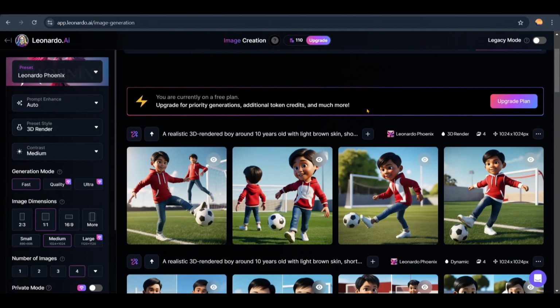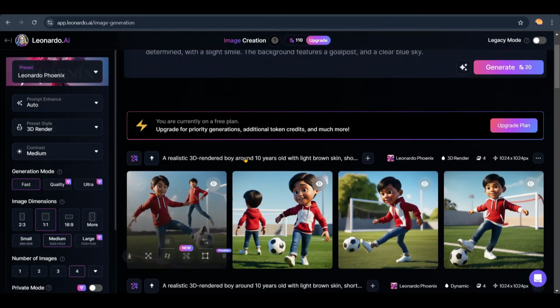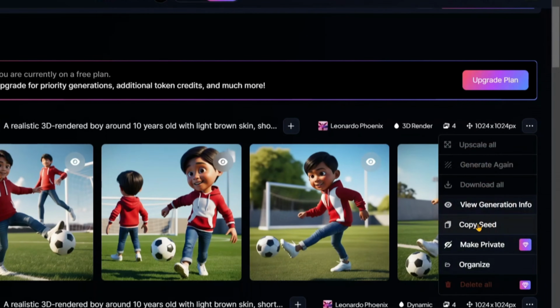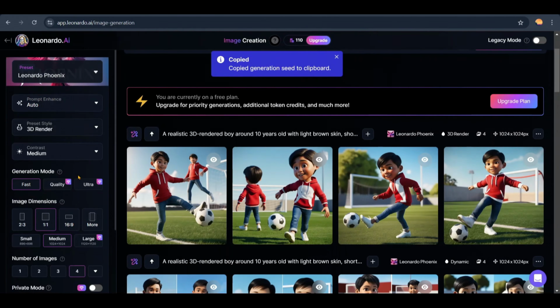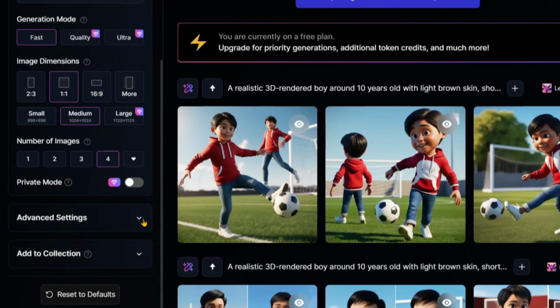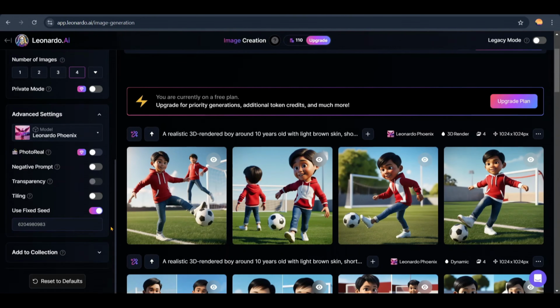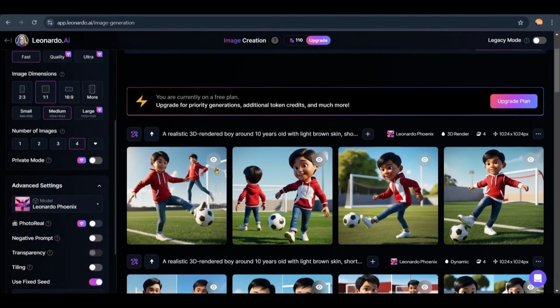The images turn out pretty good. Now click on the three dots here and copy the seed. Then go to Advanced Settings from the left side menu, enable Use Fixed Seed, and paste the seed you just copied. This will ensure that the character remains consistent and close to the generated image every time you create new images